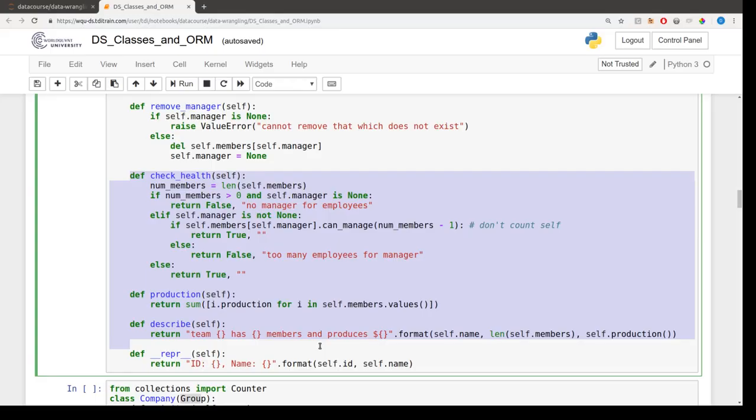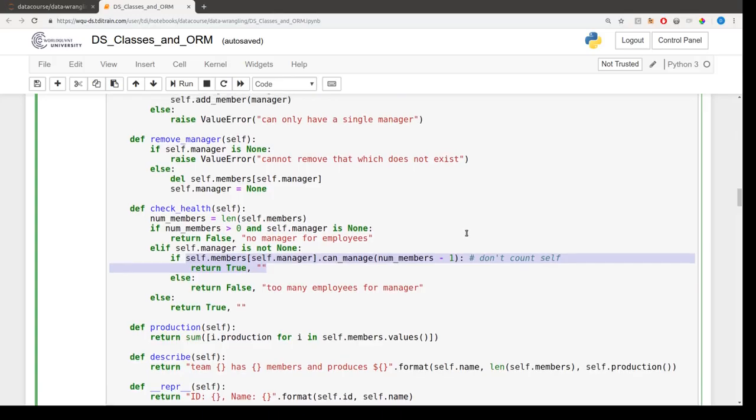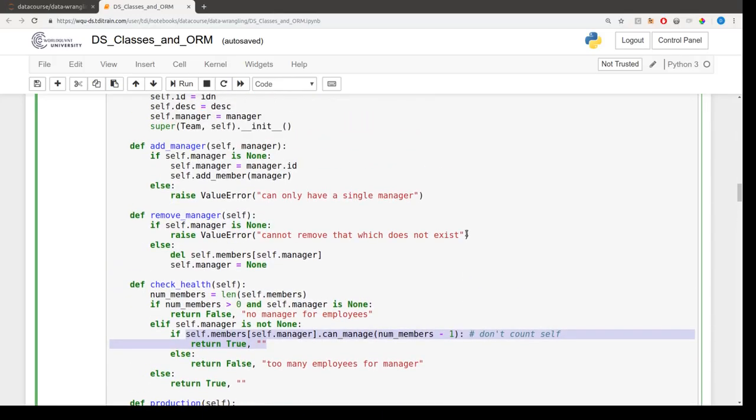So we have this check health method, for instance, which checks whether a team has no manager, checks whether the manager can manage all of the members of the team,